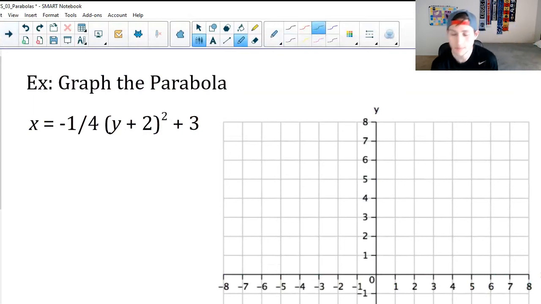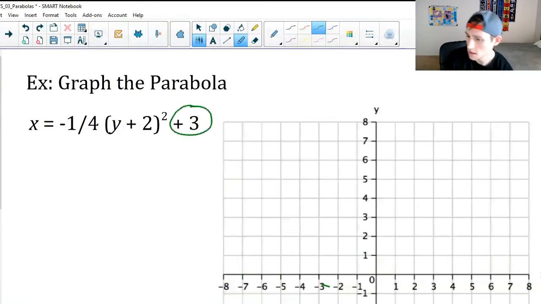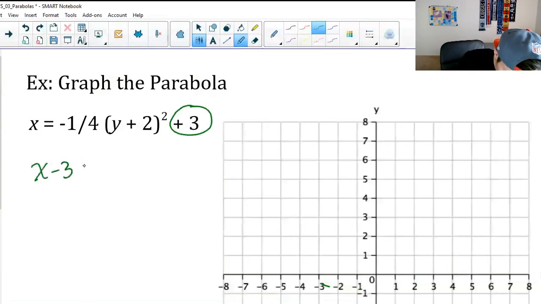All right, next up, Monopoly. Graph the parabola. Again, this is not quite in the form that I like to see it in. It's almost. I just need to take this +3 and move it to the left. So x minus 3 equals -1/4